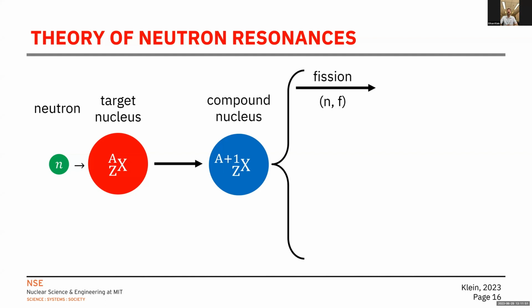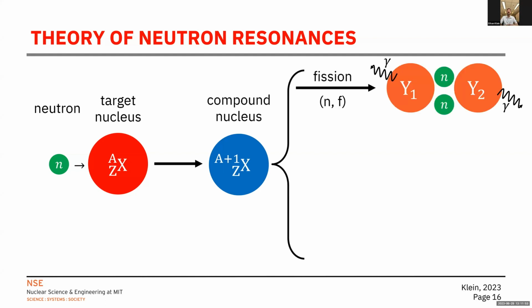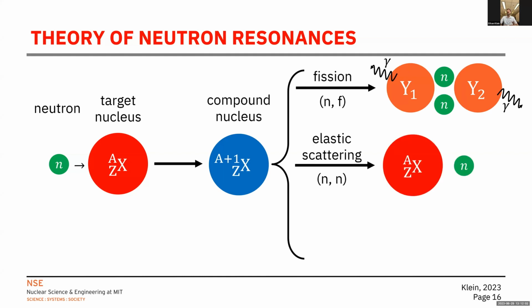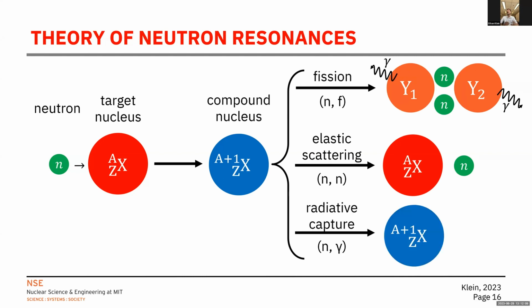compound nucleus. The first is if it's fissile material, that neutron could induce fission, and you'd see a splitting apart of that compound nucleus with the emission of neutrons along with gamma rays. Another option is elastic scattering, where the neutron is re-emitted from the compound nucleus without transferring any of its energy to the target. Another option is radiative capture. The compound nucleus says, I actually liked holding on to this neutron. I'll have to relax by emitting some gamma, but I'm going to keep that neutron and hold on to it. So these are a few of the different processes that can happen when you have a neutron incident on a